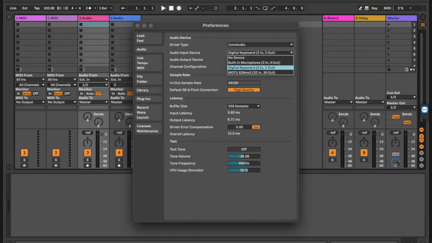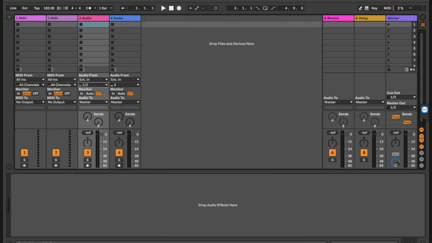So as I said before, Ableton is best for live performances. I'm going to jam, which I'm going to do right now. So I'm just going to play some chords. And so hapa hivi kwa audio, when you go to preferences, you select your audio input. So I've selected my digital keyboard as my audio input. So when I play, unaona signal inaonekana hapa. So I'm just going to arm it for recording, and let me just rename this.